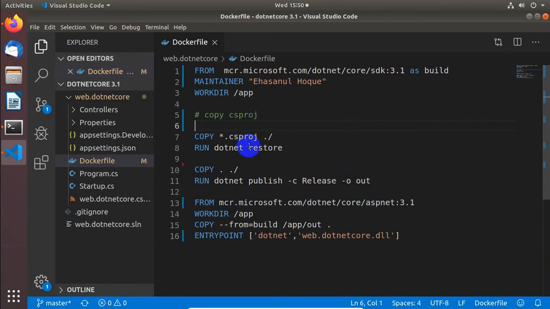Basically first the application is compiled here, and all necessary binaries are restored, and then using this command it is published to the out path, and eventually everything under the out folder is copied to the production folder, and here is the entry point of the application, and the application will be visible.